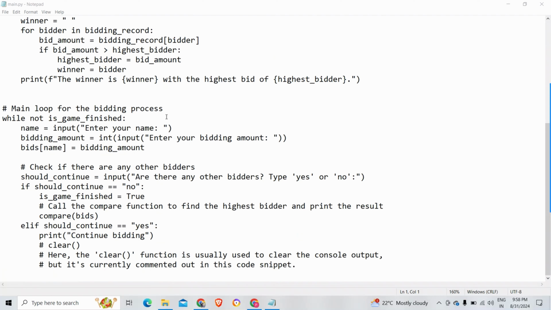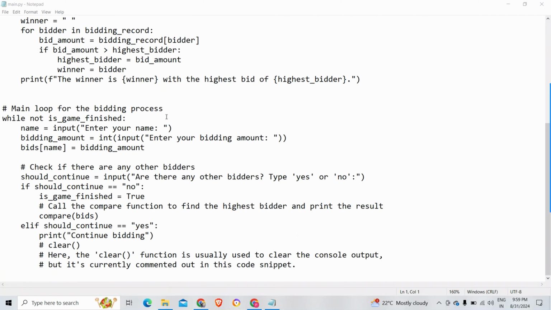This prompts the participant to enter the bid amount, which is converted to an integer and stored in the bidding_amount variable. Then we have bids[name] equal to bid_amount. This adds the participant name and the bid amount as a key-value pair to the bids dictionary.